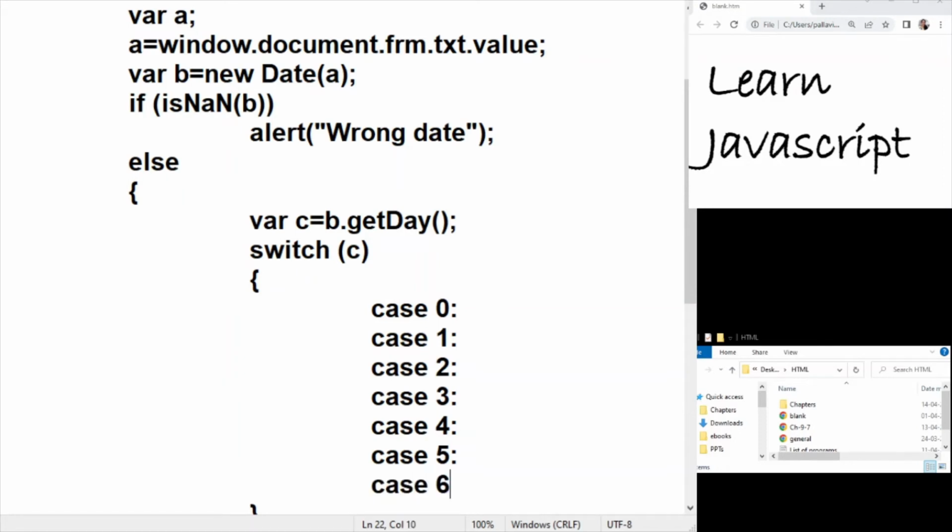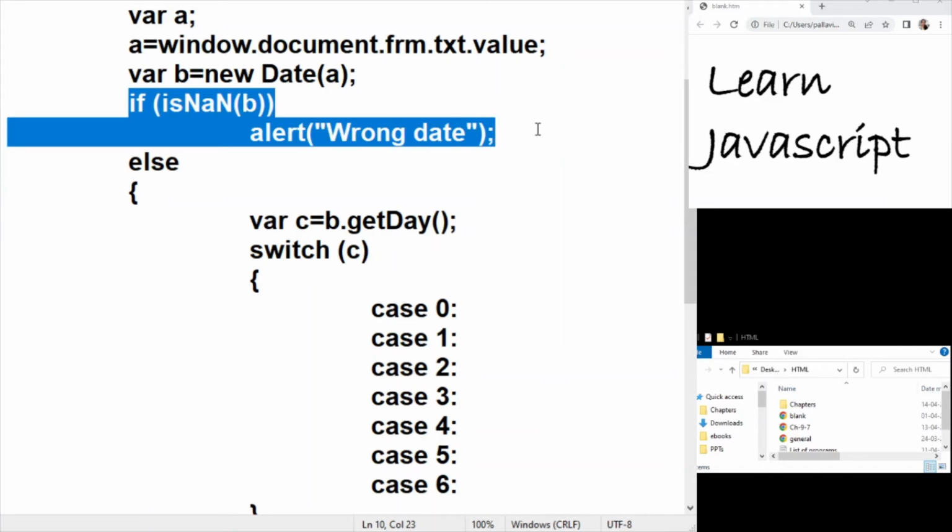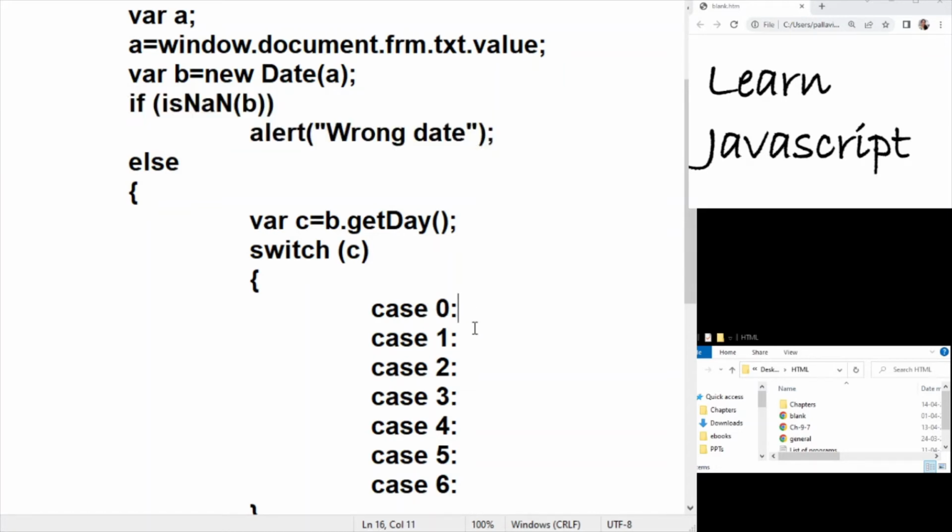Another thing to note is that you will not be going beyond a 6. You will not be using the default case here, because if it is not a correct date, we end up with this. If it is a correct date, then any date will always fall on one of the 7 days. So if it is 0, I'm going to alert it's a